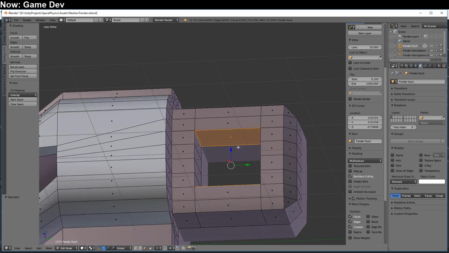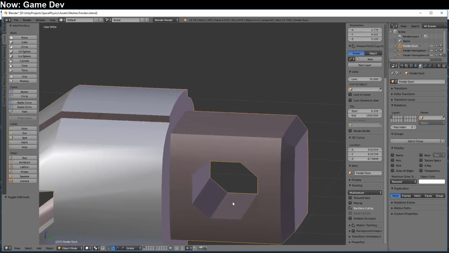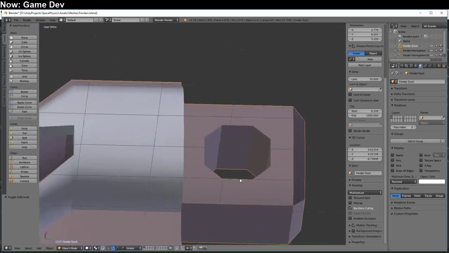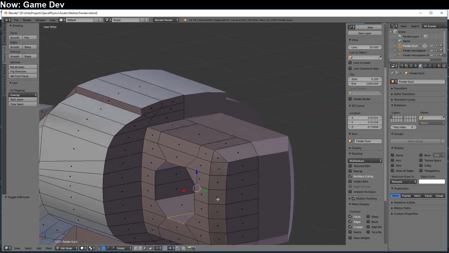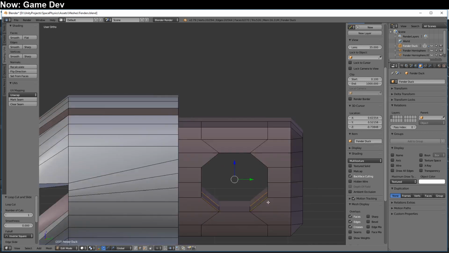Oh, did I extrude? I didn't mean to. Wait, what's going on here? There, I don't know what happened, but now it's fine. And that gives us a hexagon. And I think that's fine. The hexagons are fine. Another thing we can do is create a manual bevel, where we just grab these elements